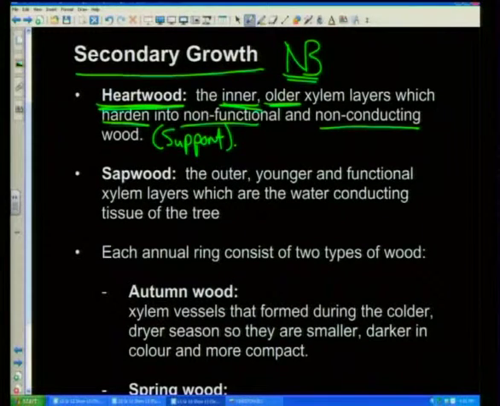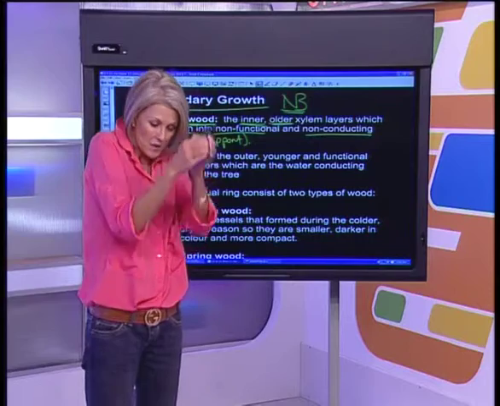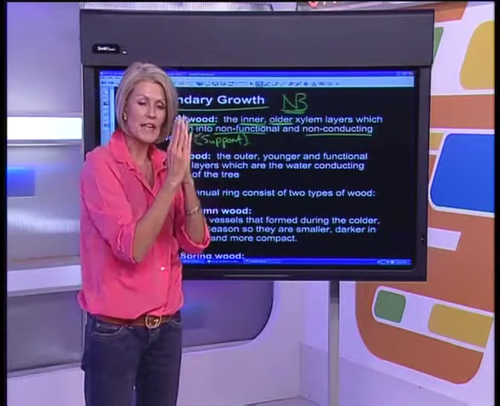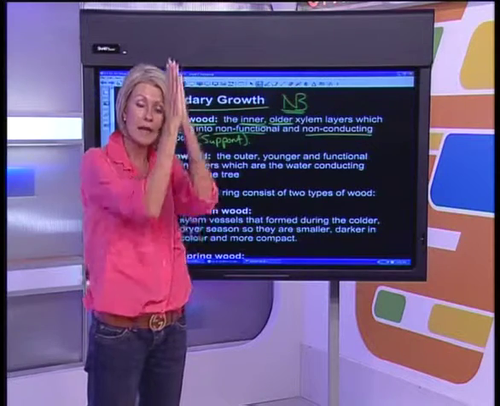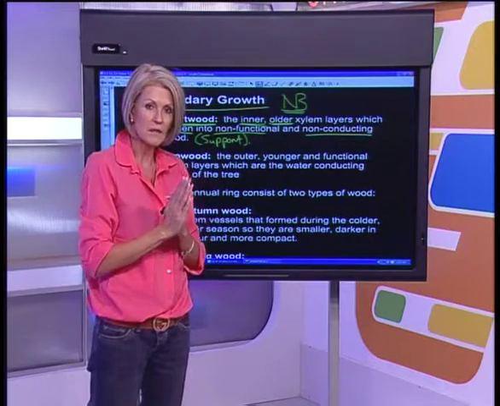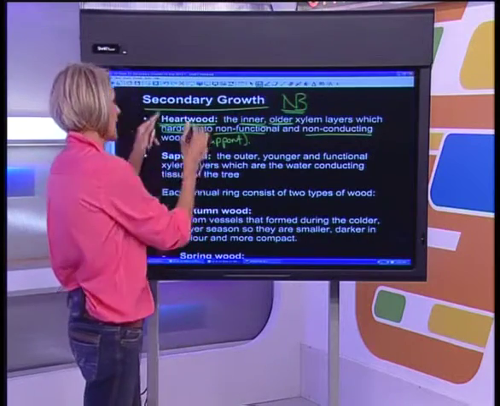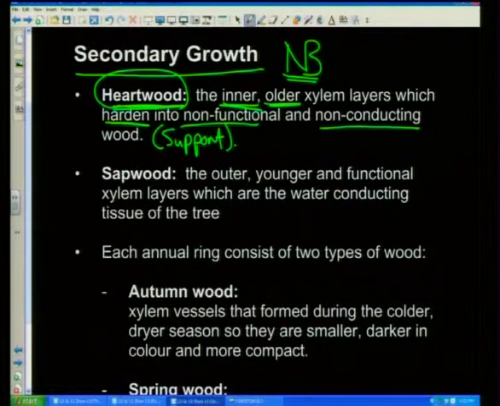Okay, it would be like having this incredibly strong center part of the wood, and it's there, right in the middle. And what it does is it makes sure that nothing can move sideways, that it holds that tree upright. Okay, it's like a coat hanger, right in the middle. Okay, so heartwood is going to be in the inner part, and it's the old xylem. And it's so hard, it doesn't work anymore. Okay, now,